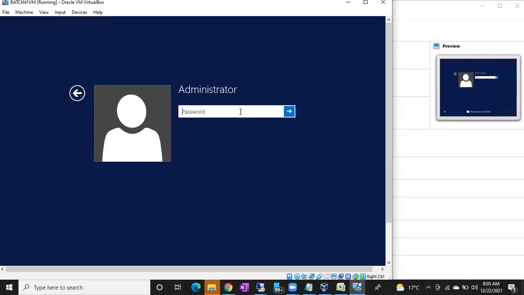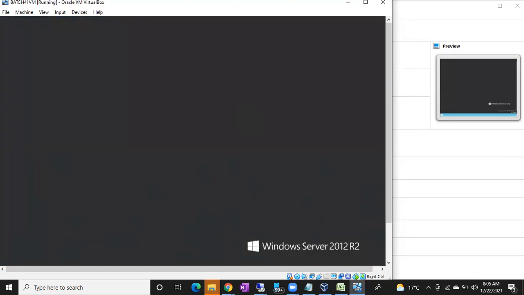Then you will get this window. Yesterday after installation we gave one password, right? That password you have to give here. Once you give that password, then it will allow us to log into the machine. Once the machine is logged in, then you have to check the IP address first, and you have to check the computer name also. Computer name, you will get an alphanumeric name, server name.